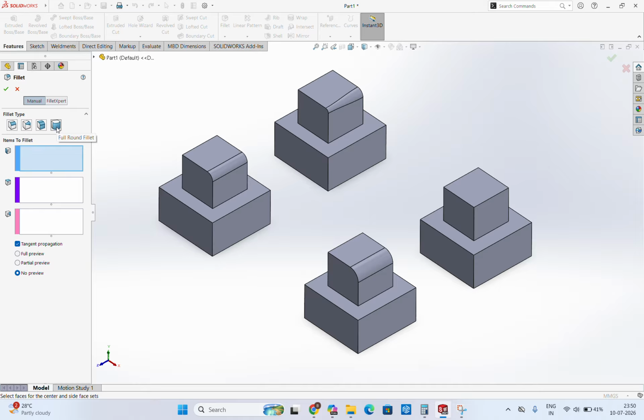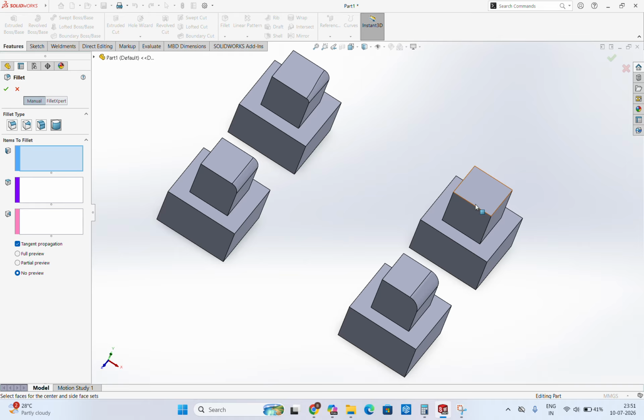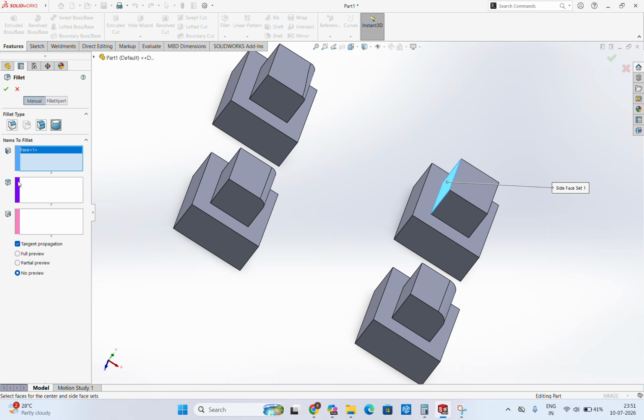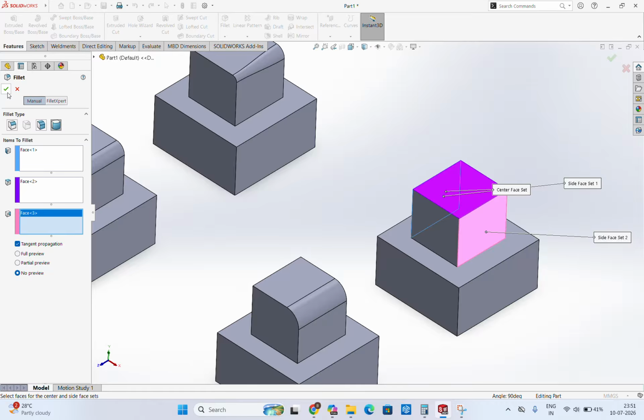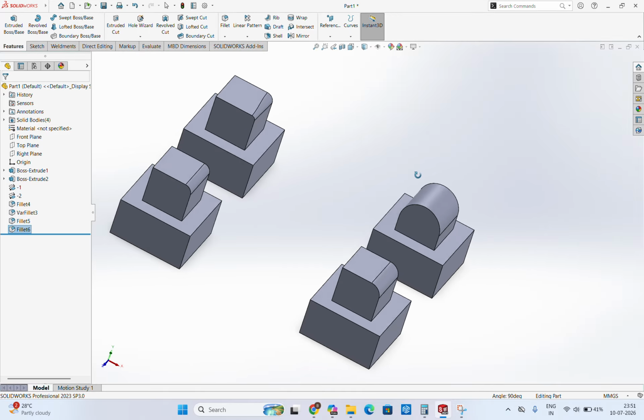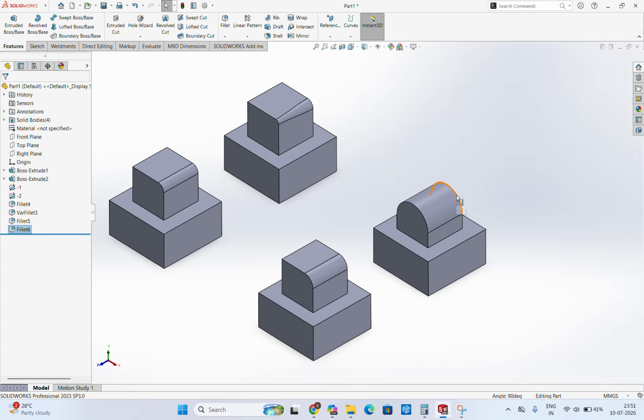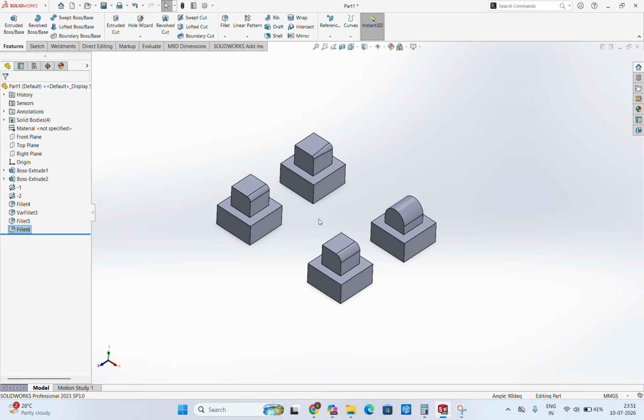So click on full round fillet. There are 3 options to choose the face. Okay, so first of all we will click this face, then click a middle face, then click on the third, it will be a side face. There is no need to put the radius, because it will automatically make a full round surface like this. It is full round like this. Okay, so